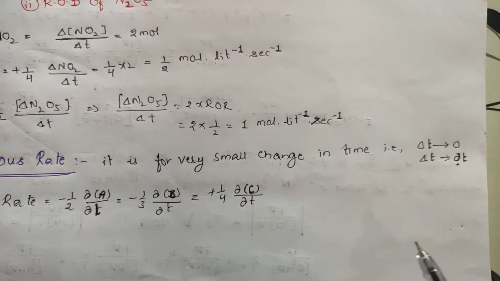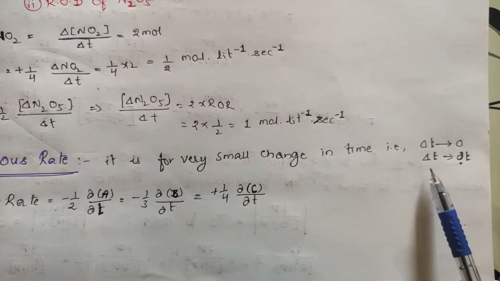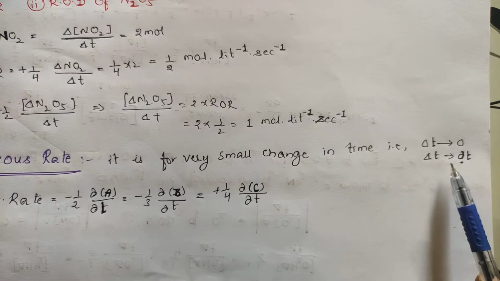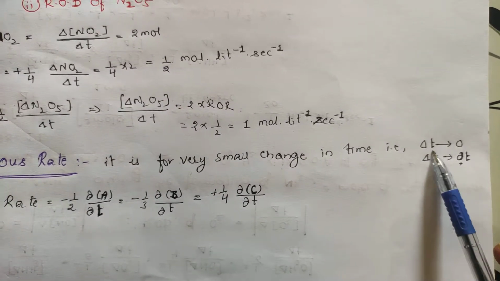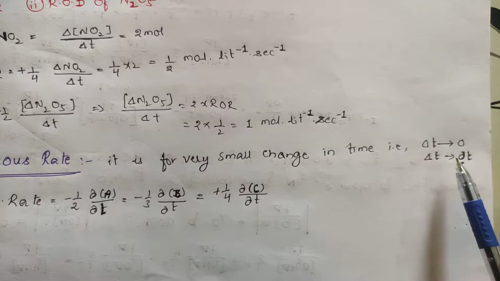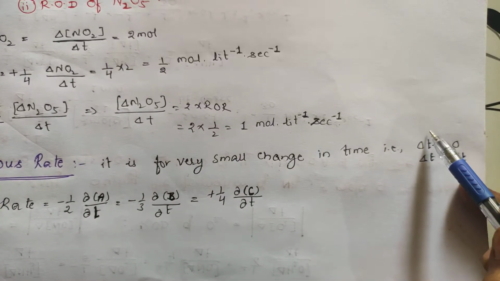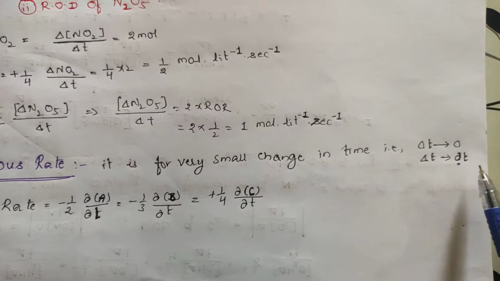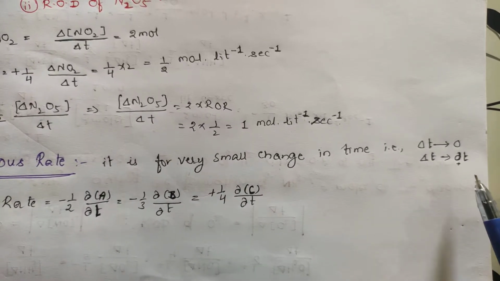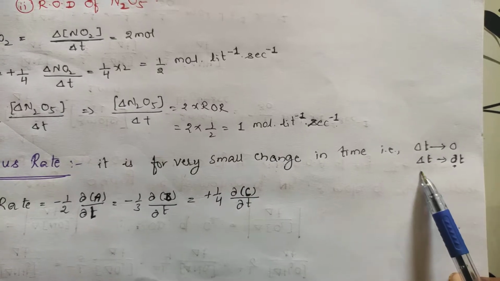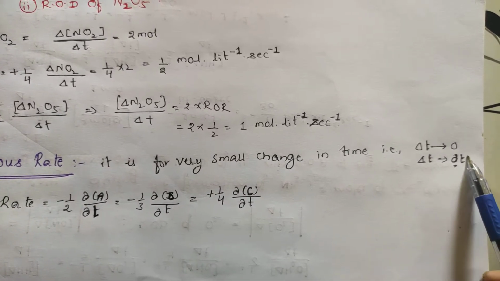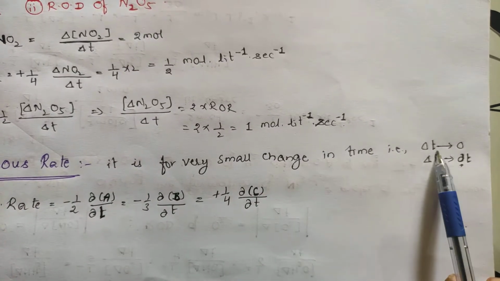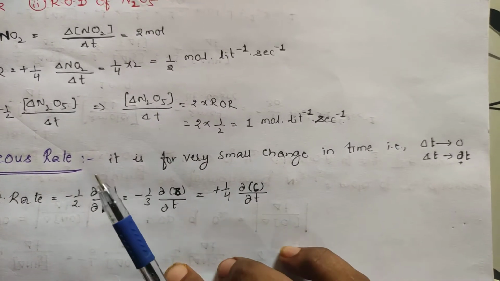Suppose in average rate, we will be taking delta t. Delta t will be extending up to 0. So in terms of instantaneous rate, delta t will be very small, approximately equal to 0. It means something you are calculating from 5.001 second to 5.002. So what is the difference? It is approximately equal to 0. The delta t will be very small, so instead of delta t, we will be representing it with dou t. Dou t represents a very small change. In instantaneous rate, the change in time extends to the limit of 0.